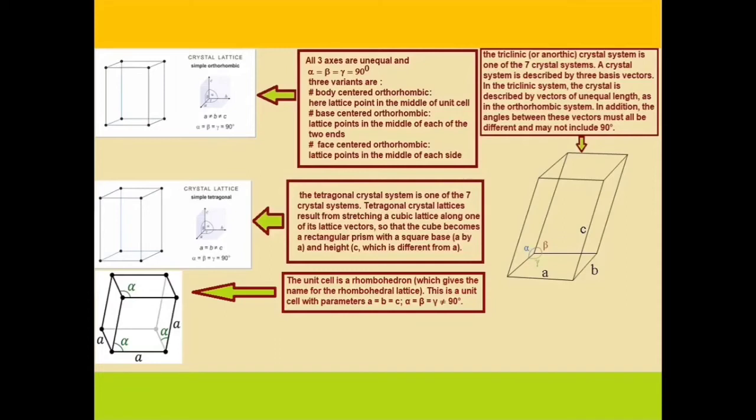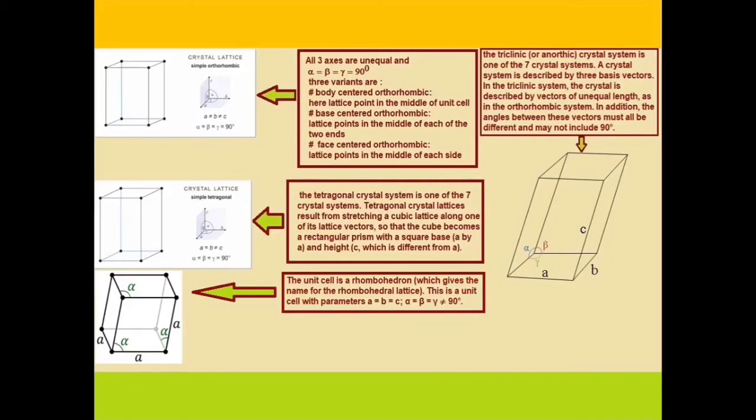Another one, the tetragonal crystal system, is one of the 7 crystal systems. Tetragonal crystal lattices result from stretching a cubic lattice along one of its lattice vectors so that the cube becomes a rectangular prism with a square base A by A and height C, which is different from A. So this is the second diagram in the middle of the leftmost column. Third diagram